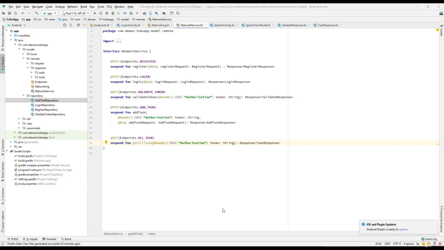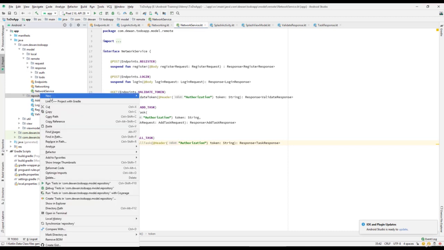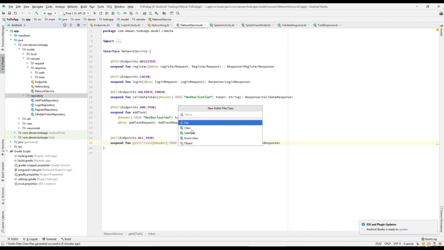Let us continue with our lesson. We have already added our service to get all tasks, and the next step over here is to go and create a repository class. So what I'll do is I'll just go to the repository and create a new Kotlin